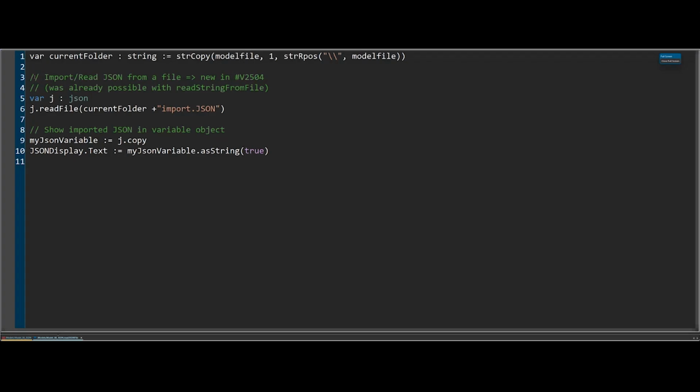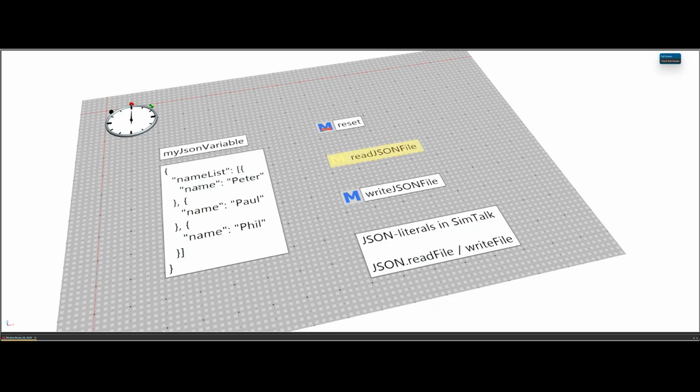So here in this example, I'm using it to read an external JSON file and then parsing it into my JSON variable in a one-liner, basically. And then I'm printing it to this comment so you can see it. So that's not very fancy so far.